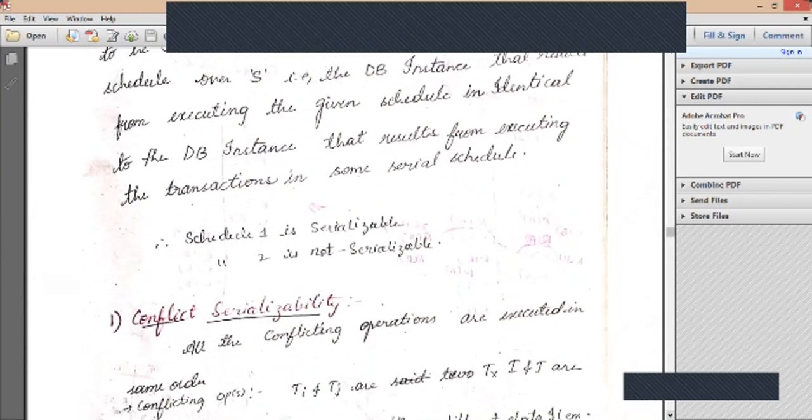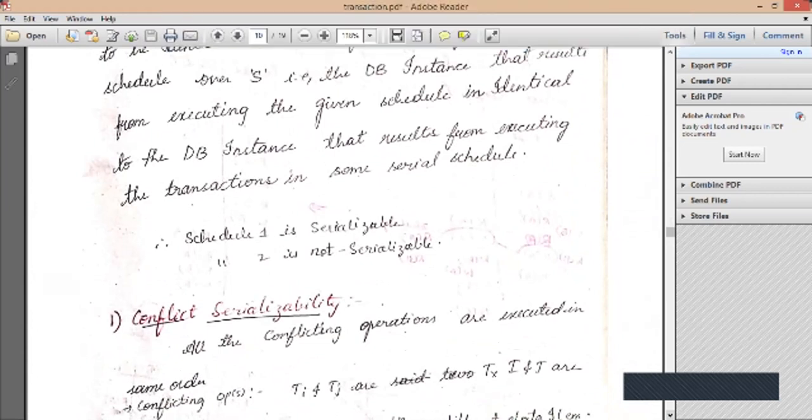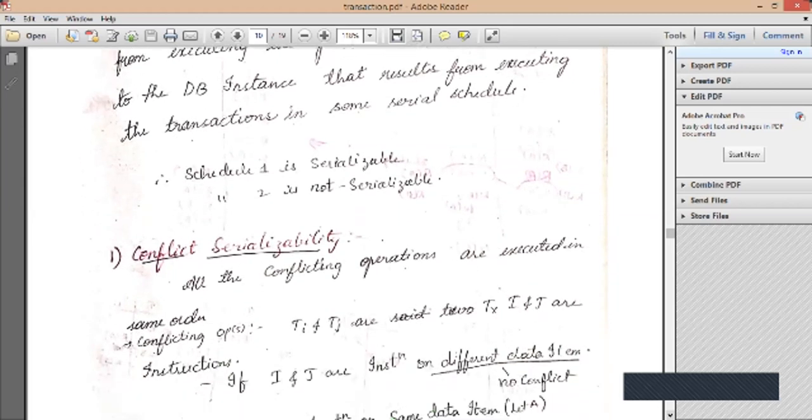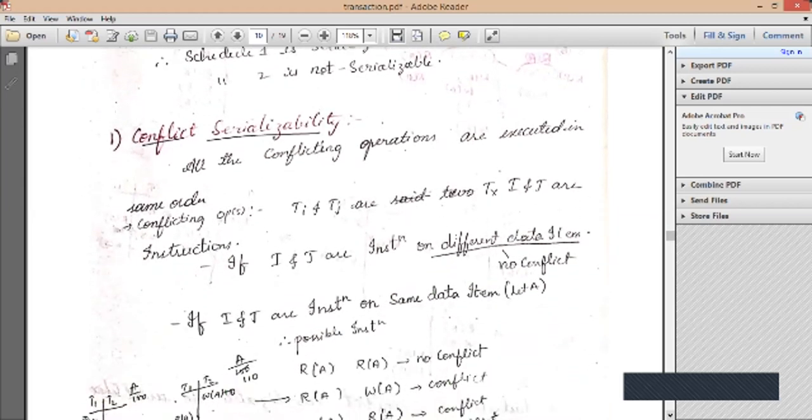Now, when we speak of serializability, nowadays all executions are concurrent. So how do you find whether a particular schedule follows serializability or not? That is with the help of two methods: one is conflict serializability and the other is view serializability. Now, basically, conflict serializability says that